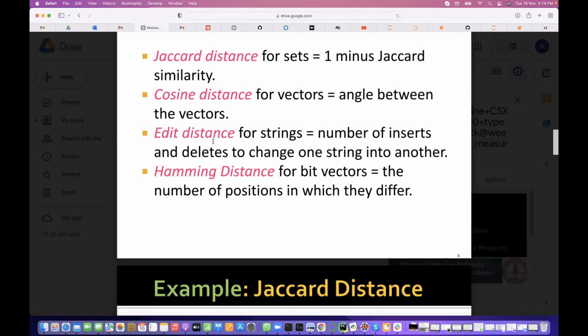Most of the time that uses the edit distance. So it will get the dictionary words close to whatever you type, which is not in the dictionary. Then it checks how many deletes or additions you need to make to get to a dictionary word. The word with the fewest alterations from your typed word, closest to the dictionary, is what it brings. So that usually uses this edit distance. Edit distance for strings is the number of inserts and deletes to change one string into another.